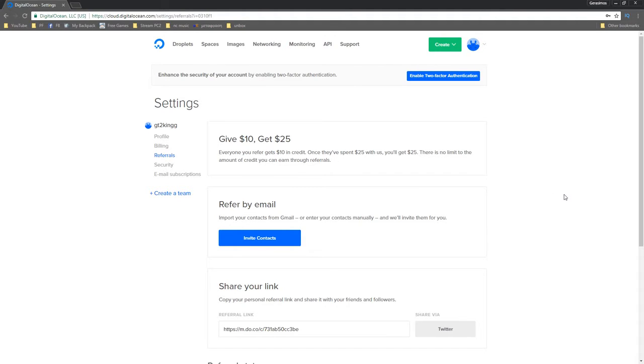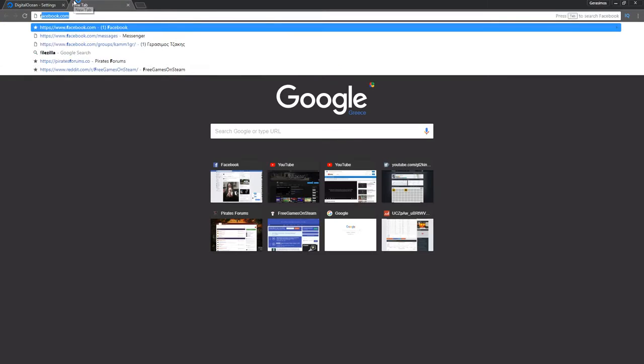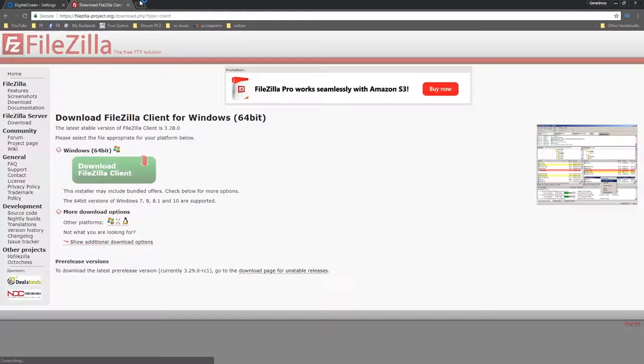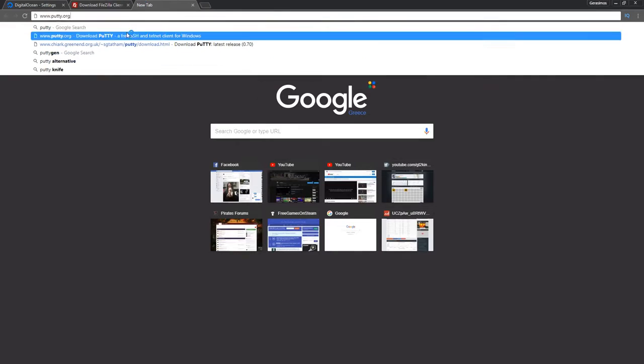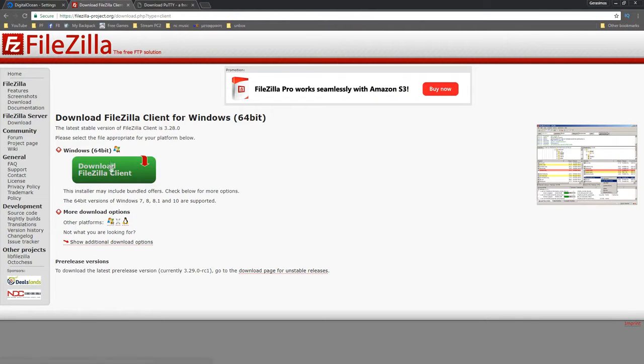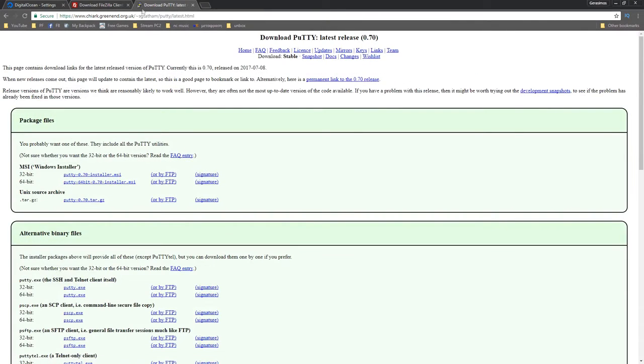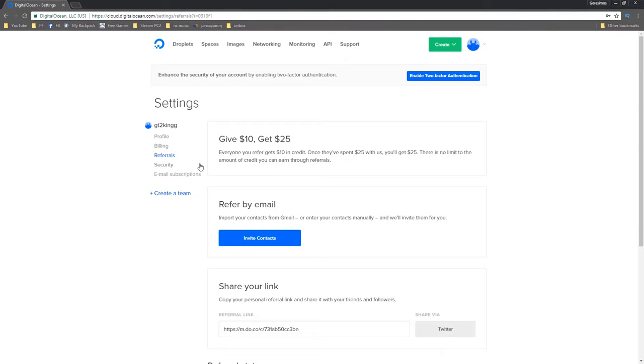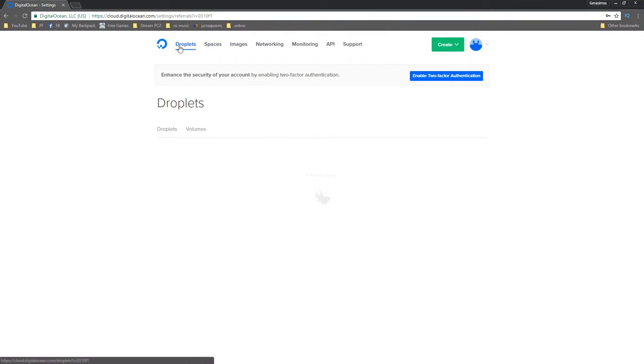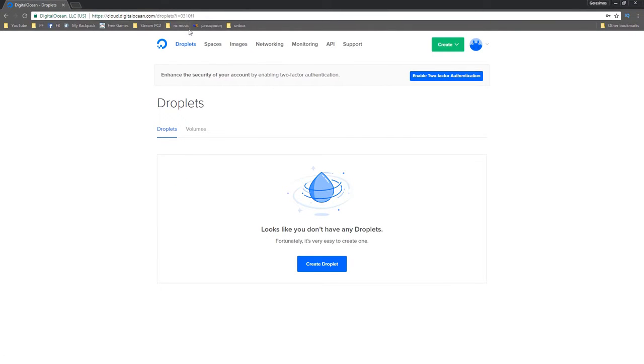So there are two things you're going to need before we start, and that's FileZilla and Putty. I'll have both of these linked down below. Just download the clients for your specific machines, then go to DigitalOcean, make an account, set up your payment method, and once everything's ready and you have the money in,